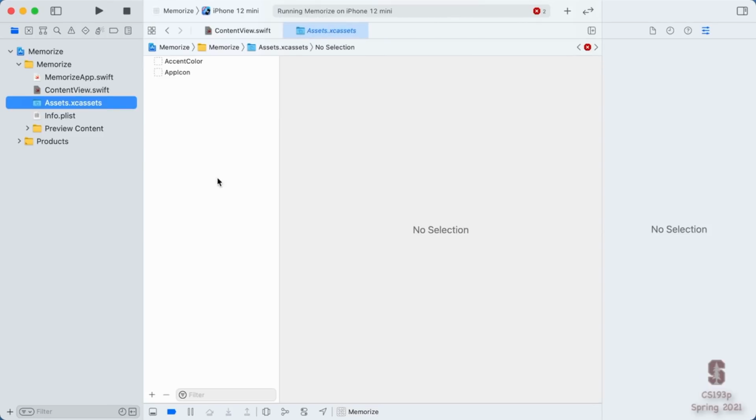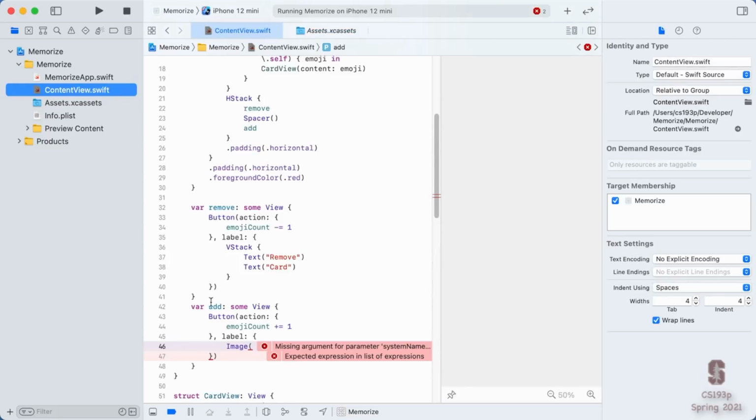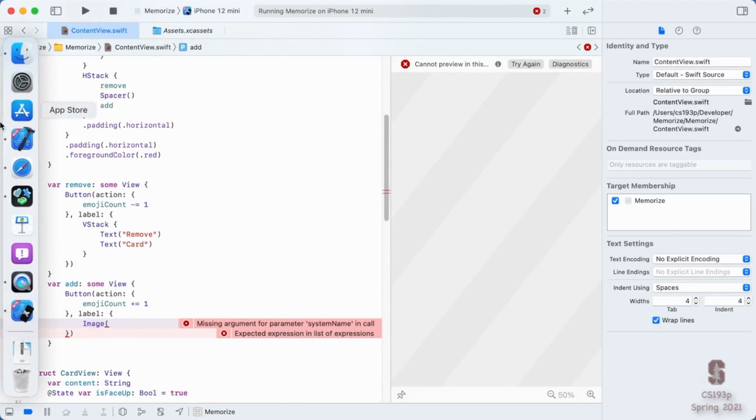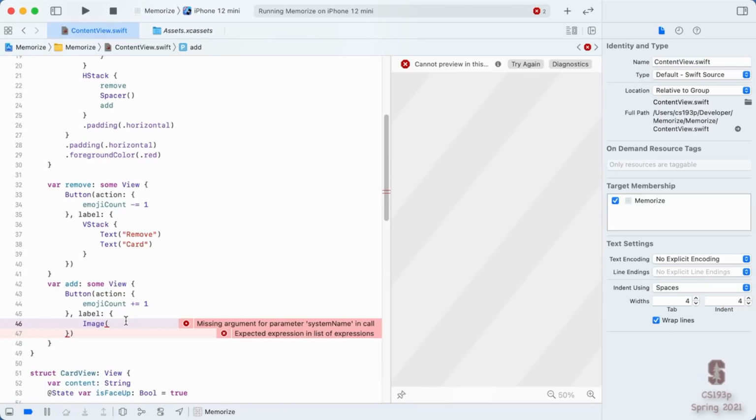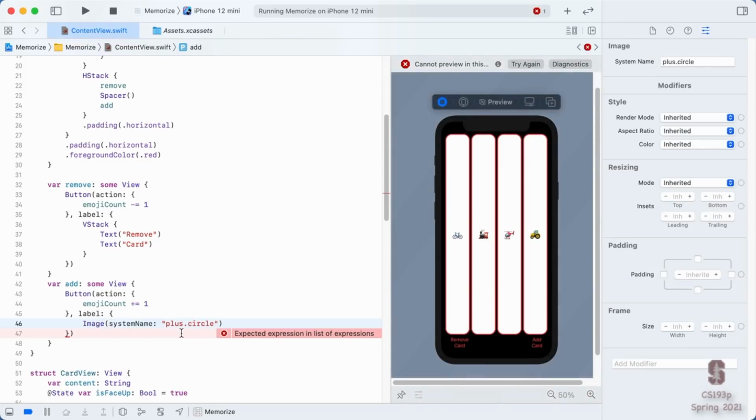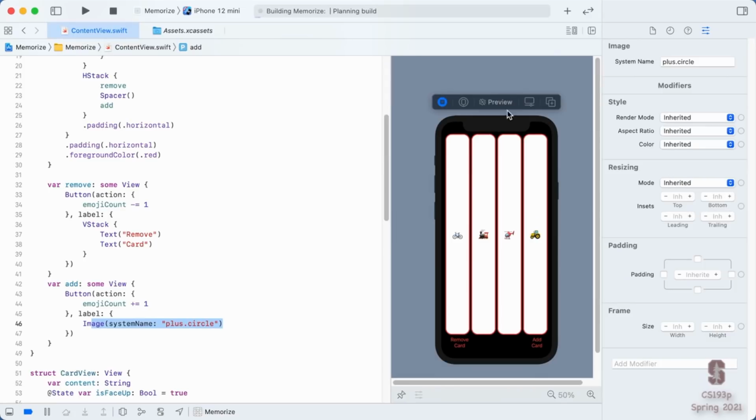If we drag JPEGs in here and give them names, we can use our image by name there. But if we want one of those SF symbols from that app that we just saw, we want to use systemName as the label for the argument. And then you just do your plus.circle that you found when you looked it up. That is just using a different view for that. Resume here.